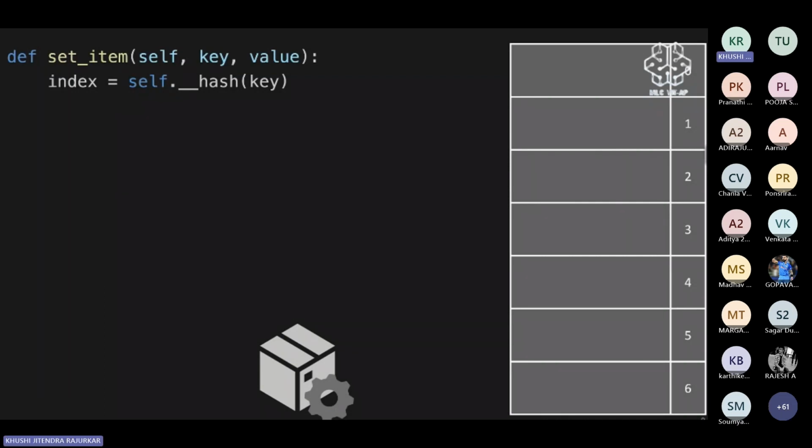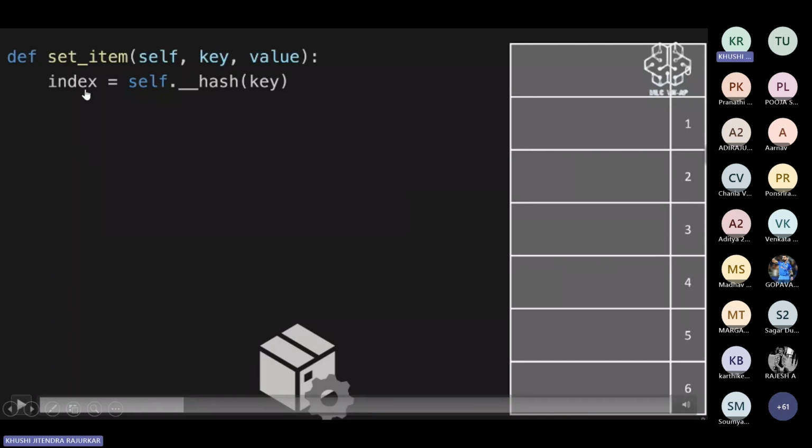This must be clear by now, right? So index will be our variable which I'll be storing the value of the hash value that you have generated from your hash function for your key. As you can see here,